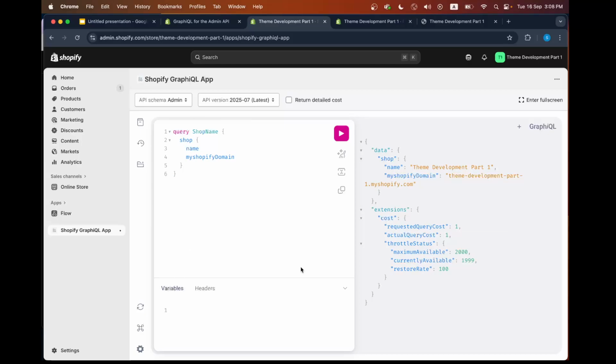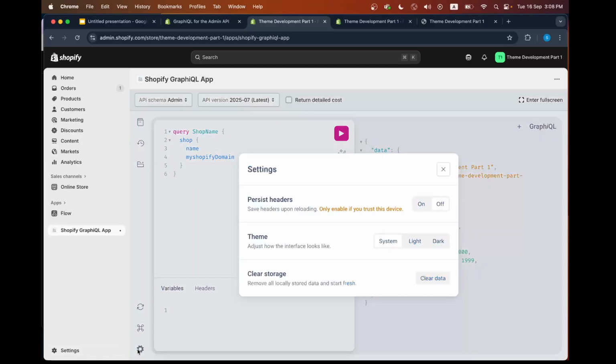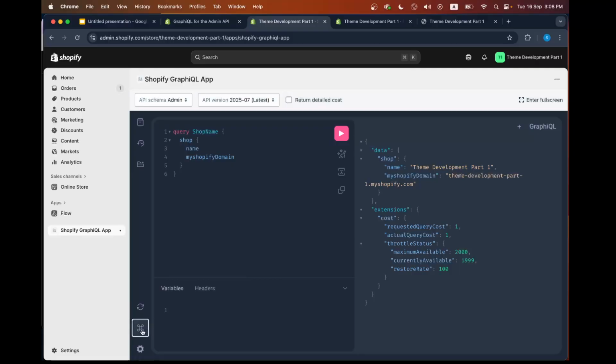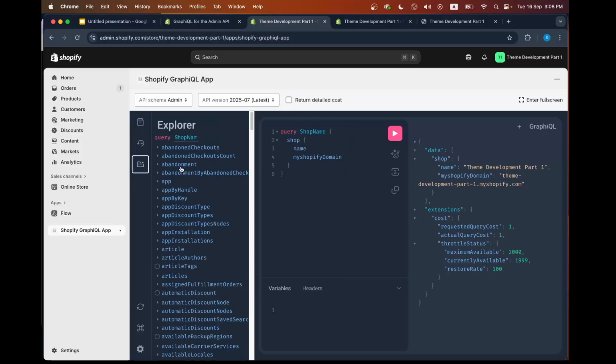Here we can see other things as well. This is the settings, you can set dark or light here, and this is some shortcut keys. This is the restore keys, and this is a query. If you click here, it appears here. So in the shop you can see,